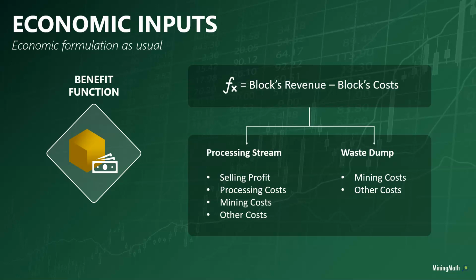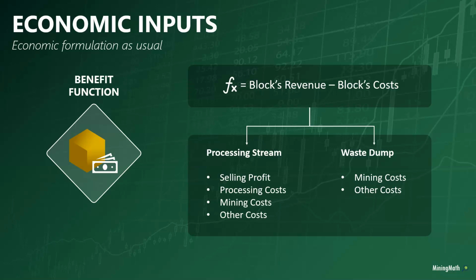What you can do, let's say, is that I need a minimum grade to feed my plant. Okay, that's pretty much reasonable. So in this case, you should control these grades considering the average constraints which are used for blending purposes. And this will allow you to process marginal grade blocks, marginal grade ore, along with rich blocks. So that's the ideal way to work with these minimal market requirements in terms of quality of material being